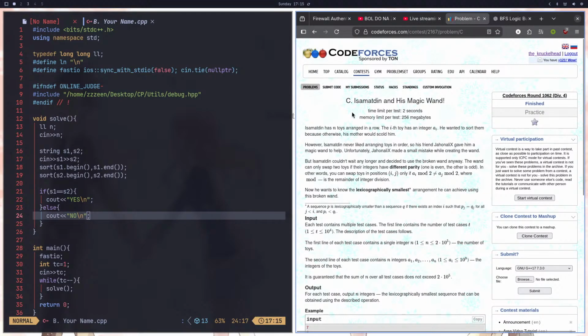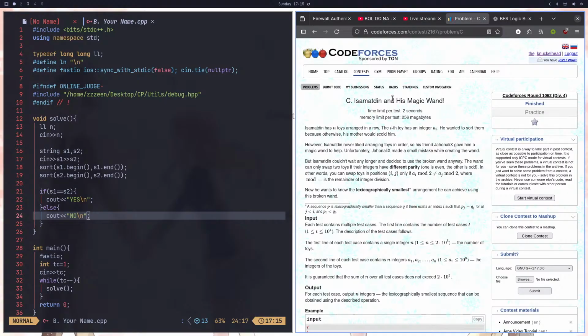It's running. Isamadin and his magic wand. Isamadin had n toys arranged in a row. The ith toy has an integer A i. He wanted to sort them because otherwise his mother would scold him. Pretty understandable. However, Isamadin never liked arranging toys in order, so his friend